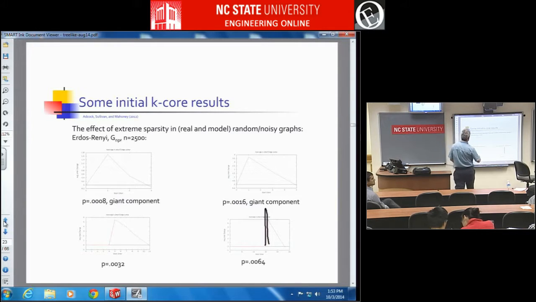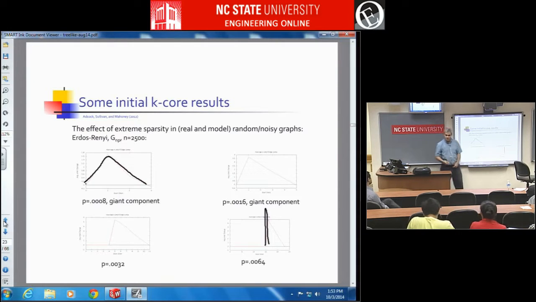If you set it to be sparser, it'll look like this. There'll be some things in the 0 core, meaning these little peripheral things, and there's going to be a wide distribution of cores that the nodes are in. So it's not the case that there's enough randomness that everyone in the random graph is in the 10 core or the 5 core. It'll be the case that there's some people in the 1 and the 2 core, some people a bit deeper. So that's going to be a qualitative property. And